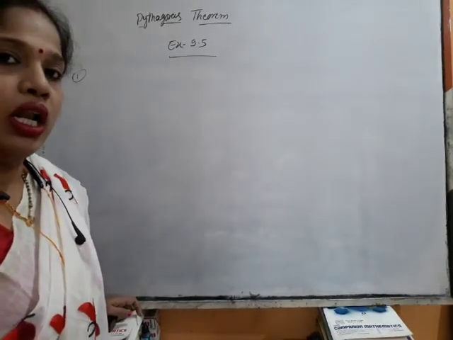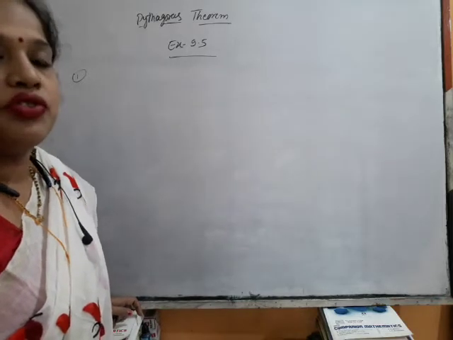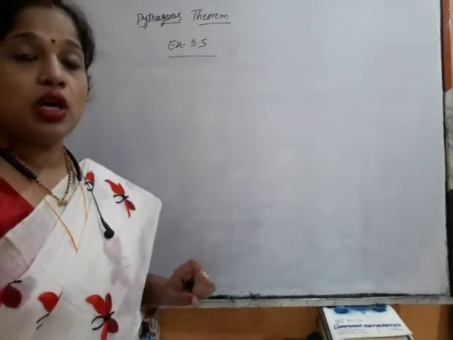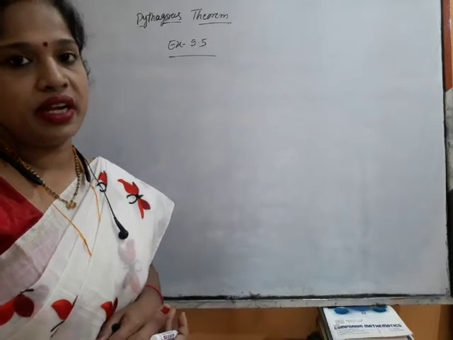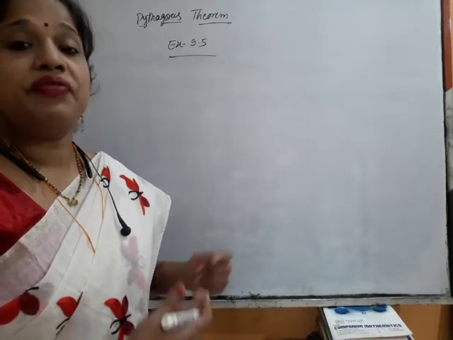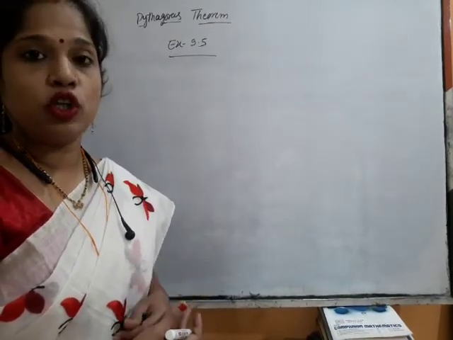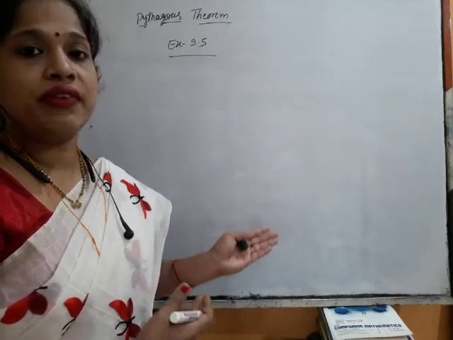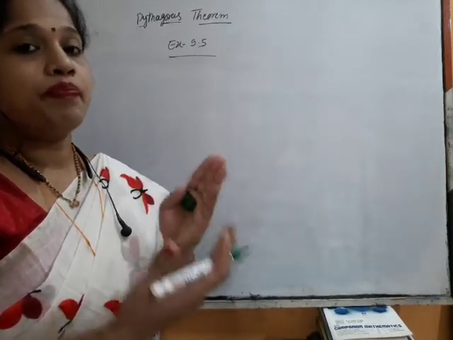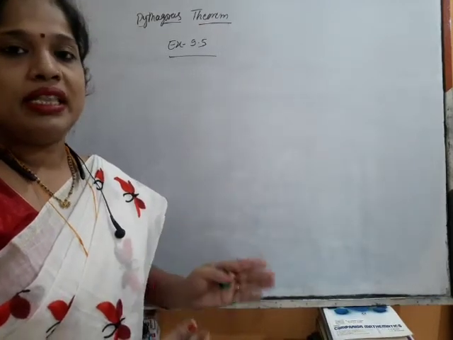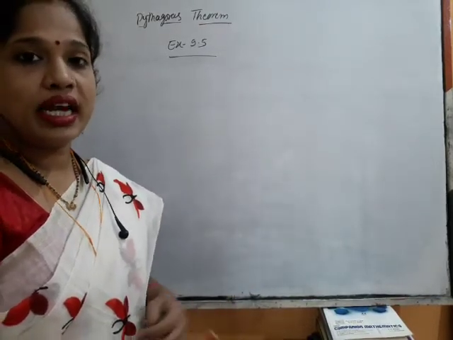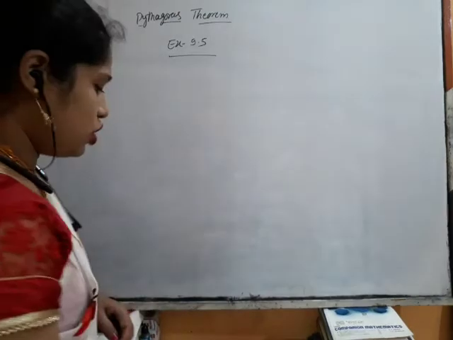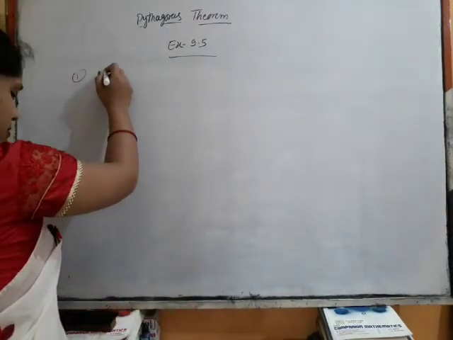So do you recall the Pythagorean triplet? Three numbers, or the distances of the three sides of a right triangle, are given. If the three numbers follow the Pythagorean triplet rule, or if they satisfy the Pythagoras theorem statement, then we can say that the longest side will be the length of the hypotenuse. So let us do the first question.